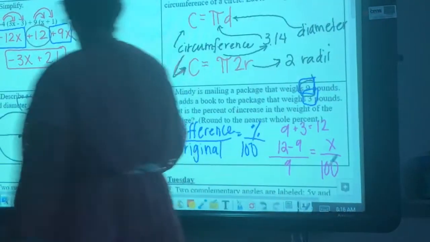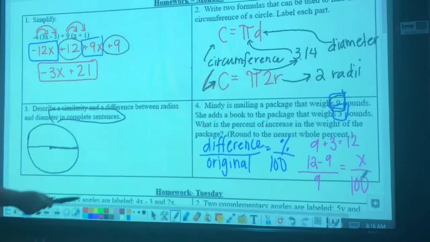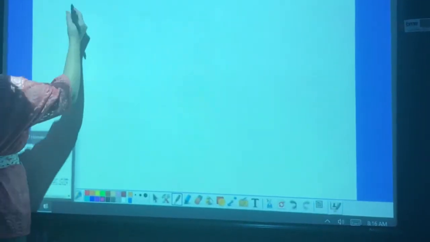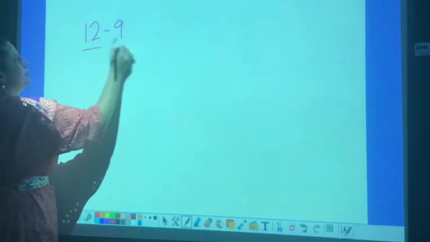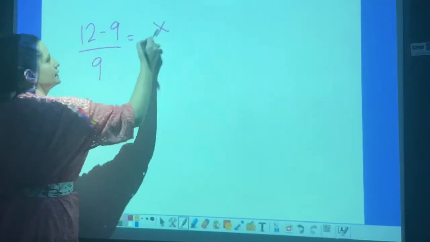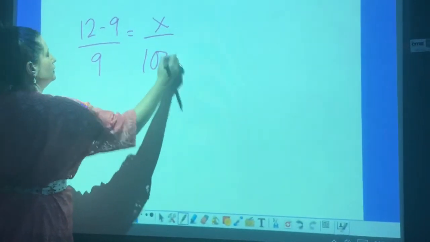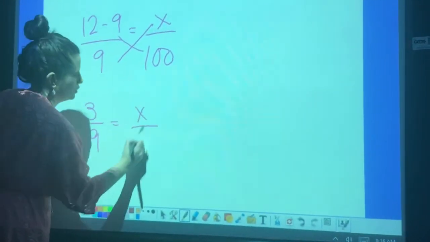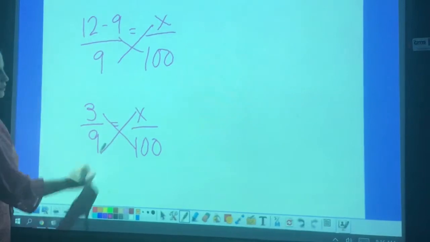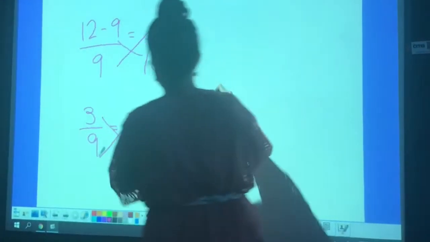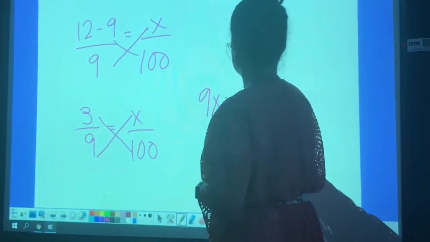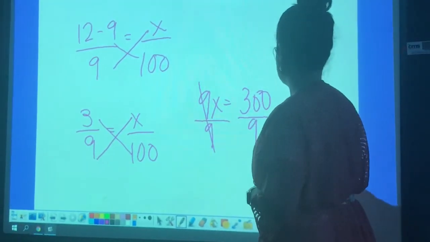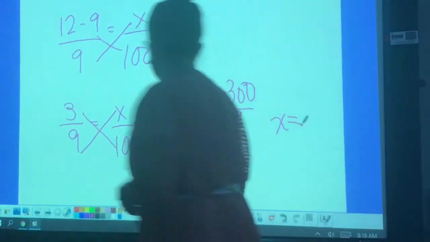I'm going to clear to a regular board just so we have some more space to write this and see this right here. So I had 12 minus 9 over 9 equals x over 100. Cross multiply, 3 over 9 equals x over 100. 9x is equal to 300. I'm going to divide both sides by 9 to get my answer. And when I do that,